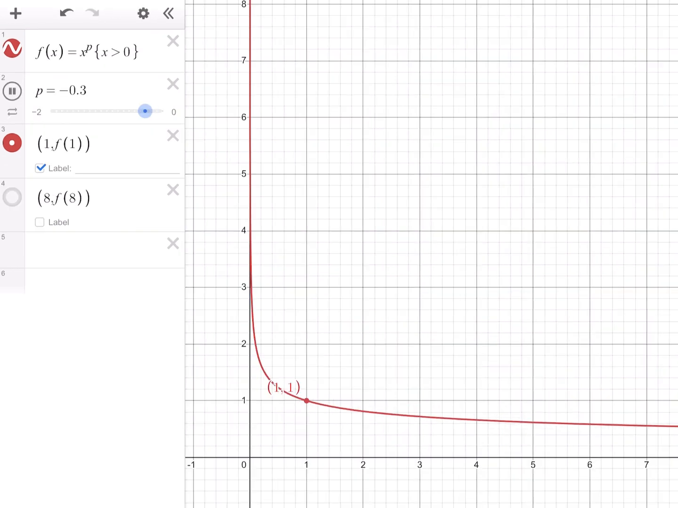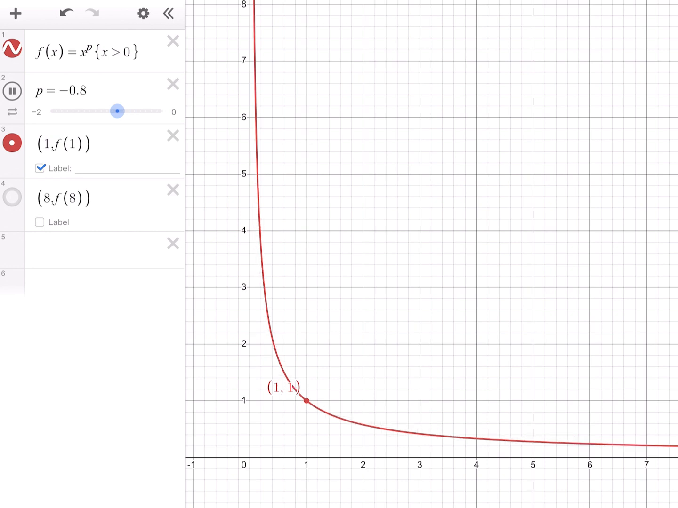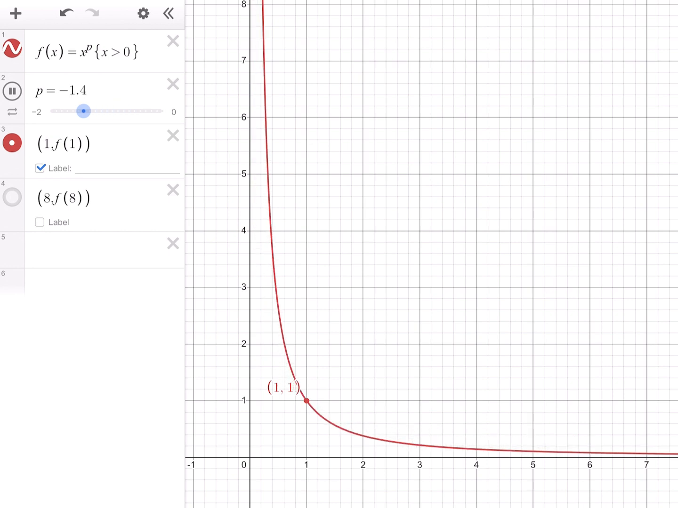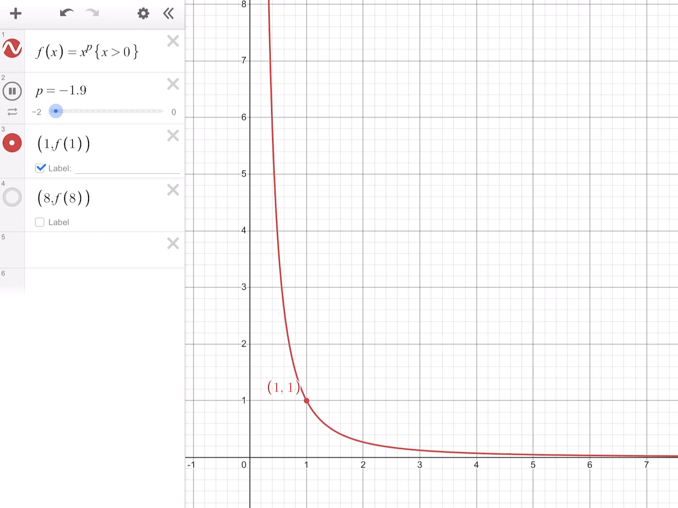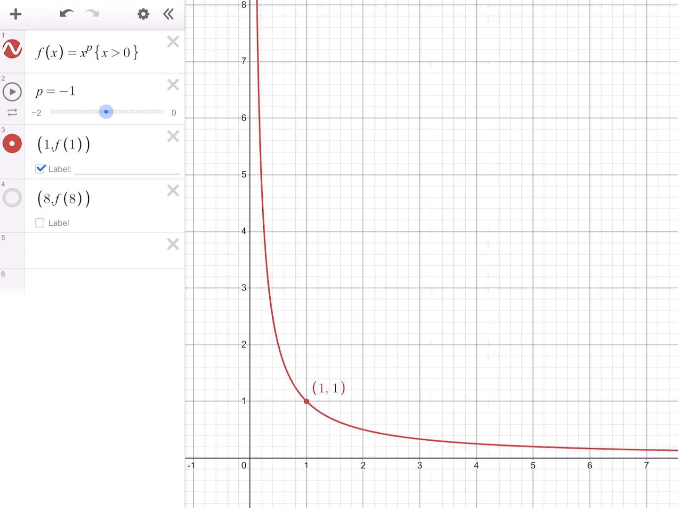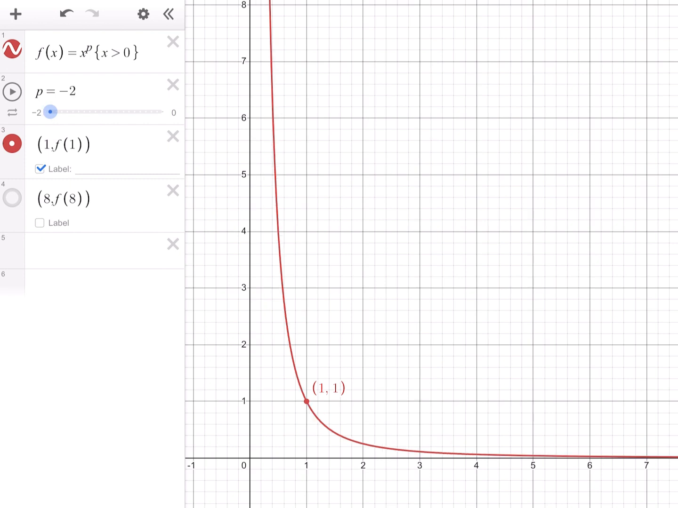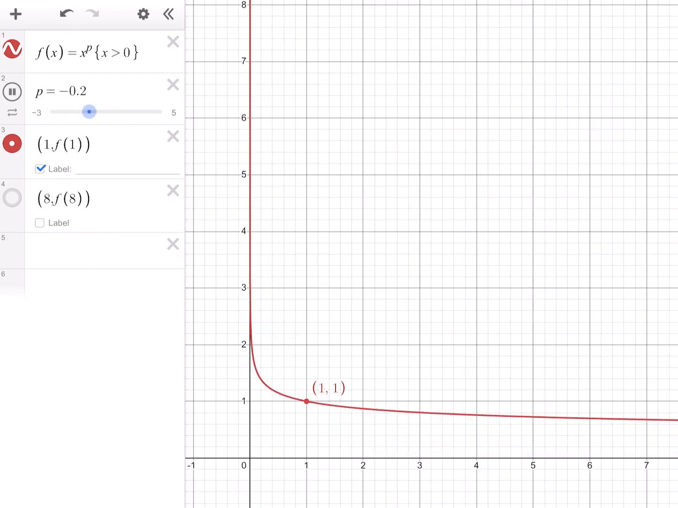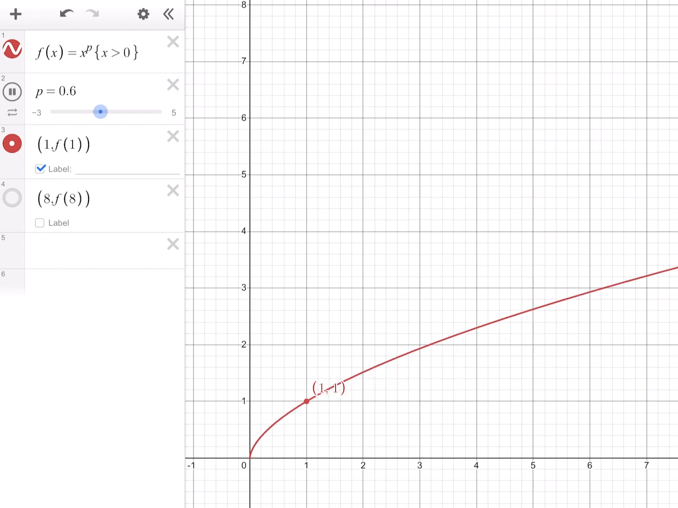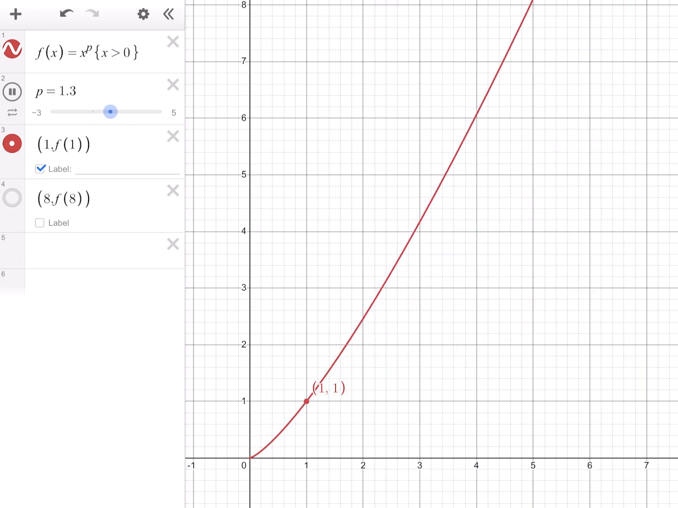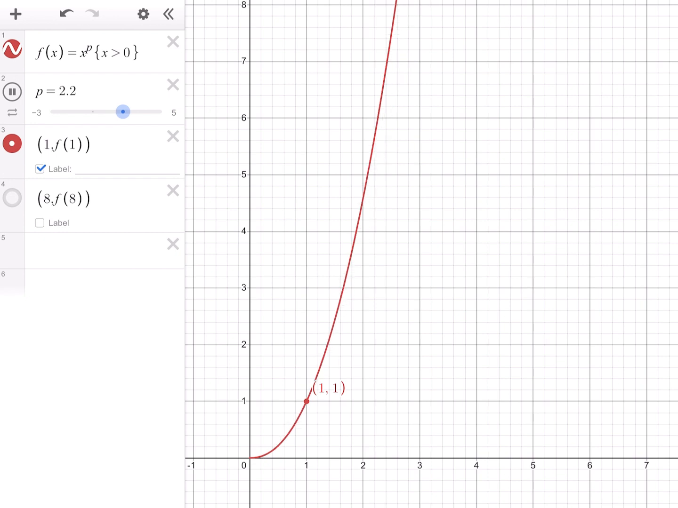As p decreases from 0 into negative values, we get functions that follow the x and y axes as asymptotes, subtly changing shape as p decreases. When p is -1, this is a very common function called the reciprocal function, 1 over x. When p is -2, this is the function x to the -2, which is 1 over x squared. Now I'm going to let p vary from -3 up to +5. As p gets closer to 0, it becomes a horizontal line. When p is 1, it's a straight diagonal line with slope 1. And as p continues to increase past 1, we get very steep increasing functions. Notice in all cases we go through the point 1, 1, because 1 raised to any power will give you